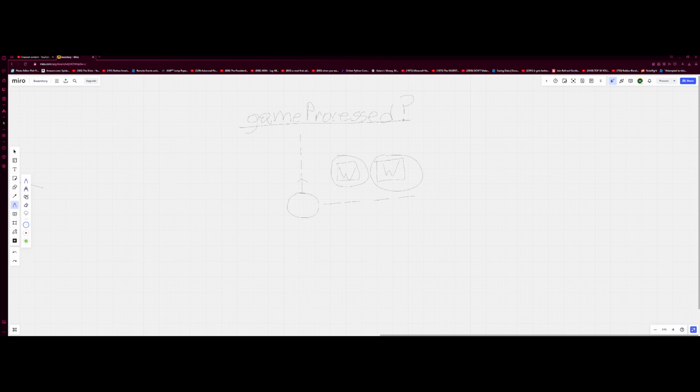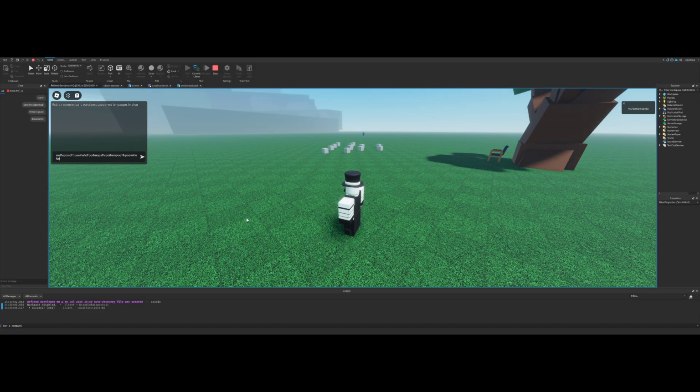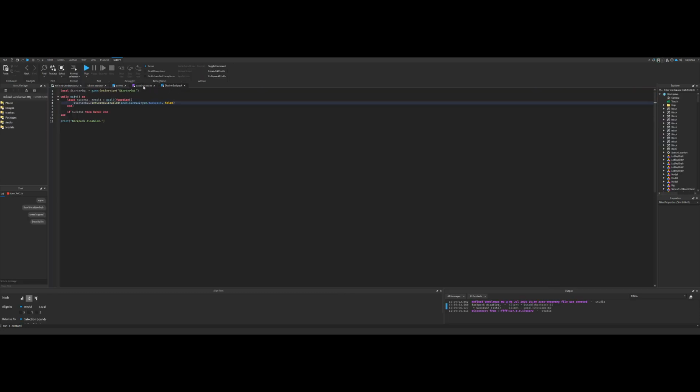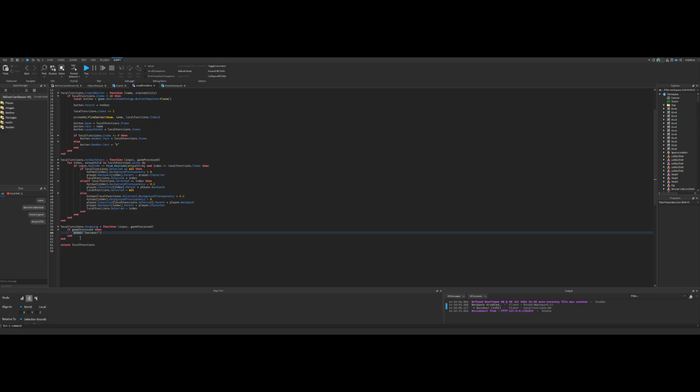chat feature. Oh please, oh my goodness, I can't. Okay, so you could hear what I was doing, but the input is being processed by the chat feature, so it's going to show up as a success because it's already being processed. If we go back into here and I go into local functions, it only prints success if game processed is true, and game processed is only true when, whoa, sorry, why is my brain not working? Apologies. When something else is activating that specific input. So,